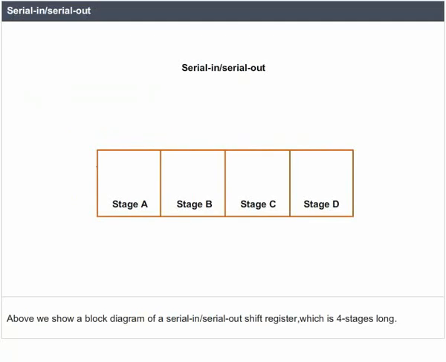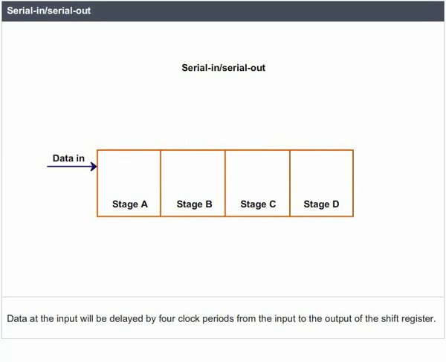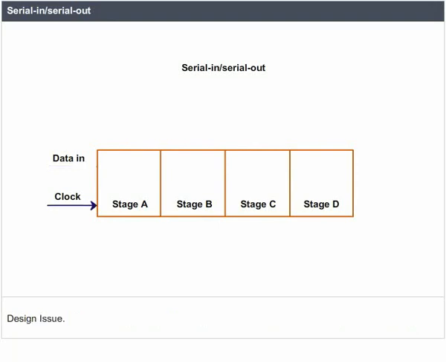Above, we show a block diagram of a serial in, serial out shift register which is 4 stages long. Data at the input will be delayed by 4 clock periods from the input to the output of the shift register. Design issue. Data at data in above will be present at the stage A output after the first clock